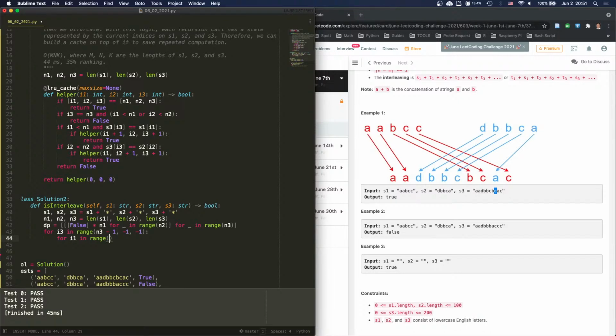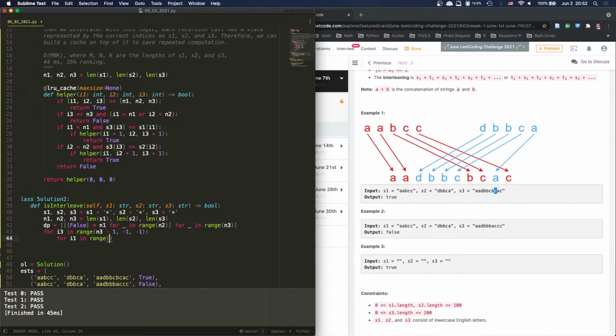It should be how many positions, right? How many positions? How many positions? So we're going to say in range,